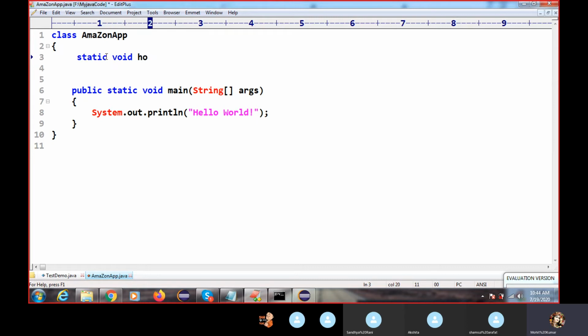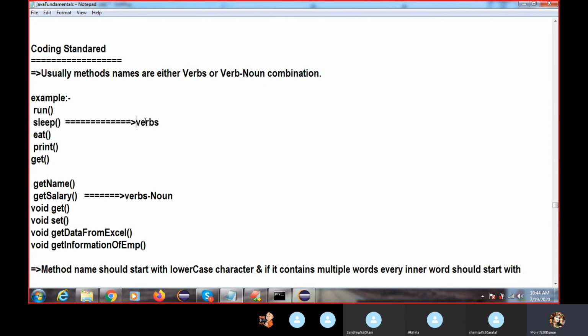home page. Okay, you can see I have a page like that. Got it, right? So this is your non-verb. One word will start with a small letter and the second word will start with a capital letter. If any other word comes, it will start with a capital letter only. So how can you write your method name? The same way; this is called a verb.